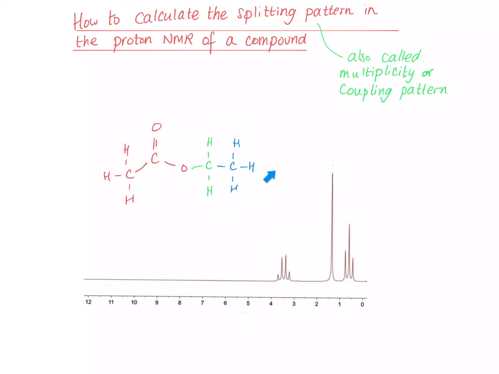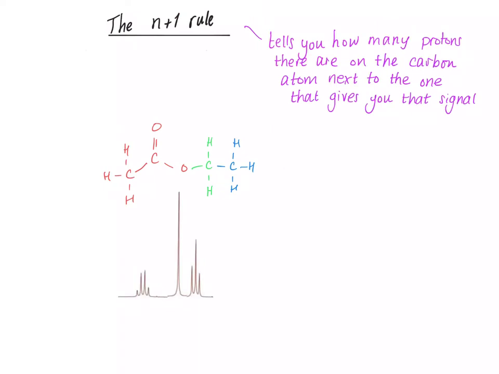And we can use the structure of this compound to explain why this peak is a quartet, this is a singlet, and this is a triplet. So the thing we need to think about is what's called the N+1 rule. And the N+1 rule tells you how many protons there are on the carbon atom next to the one that gives you the signal. So if we zoom into our NMR and get rid of the bits we don't need,